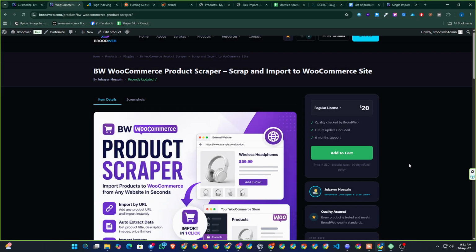Today I'm going to introduce a new WooCommerce plugin to you, and it is BW WooCommerce Product Scraper. This plugin will help you scrape products from any website like Amazon, Alibaba, or any third-party website to WooCommerce